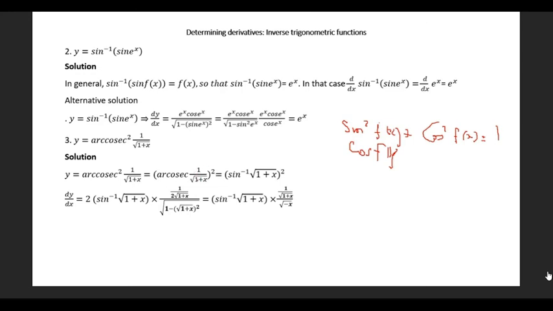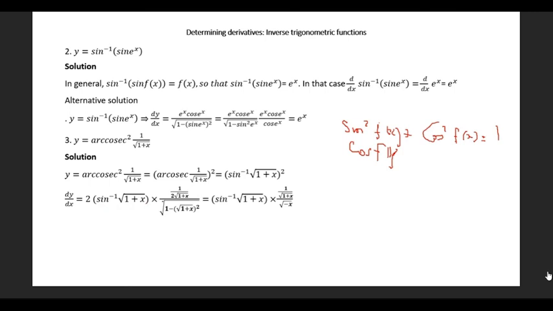But then arc cosecant of 1 over the square root of 1 plus x is the same as the arc sine of, then you invert this part, the square root of 1 plus x. When finding the derivative, because this is squared, it will be 2 times this to the power 1 multiplied by the derivative of what is inside. Now the derivative of arc sine of this